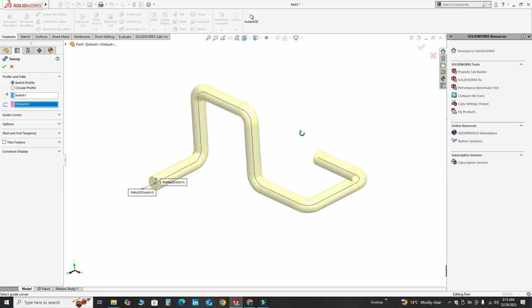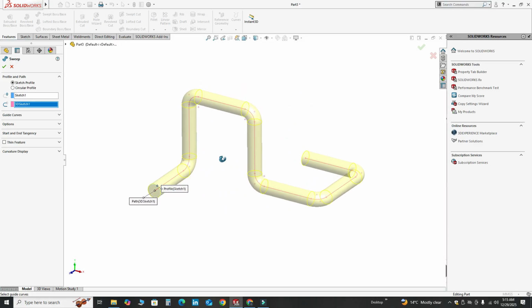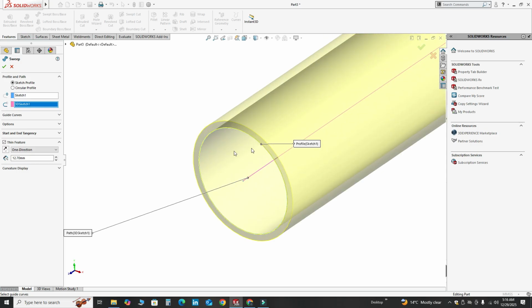Here you can see the preview of a 3D pipe, but it is a solid pipe. It is not a hollow pipe. So I have to create it hollow. So here you can see this option, thin feature. You can create this thickness using shell command as well. So here I am using this option, thin feature, and here you can see the preview.